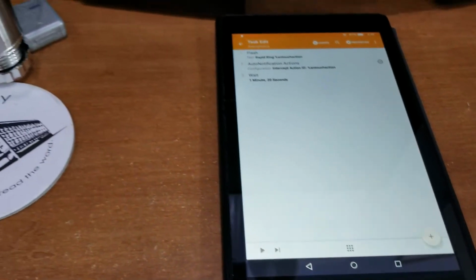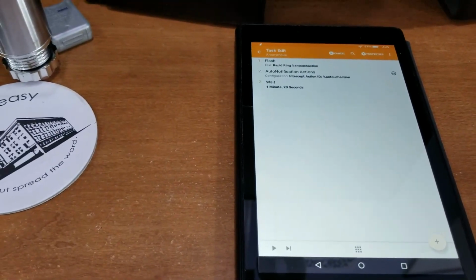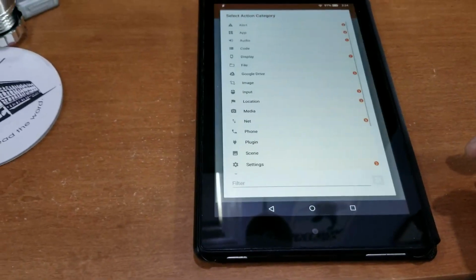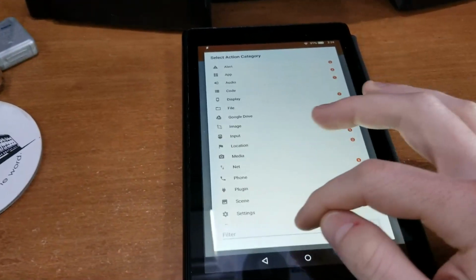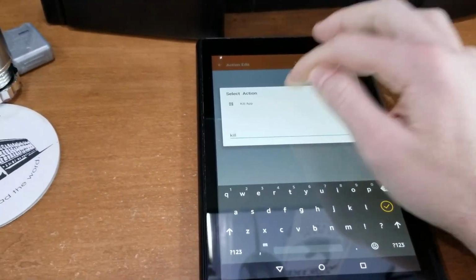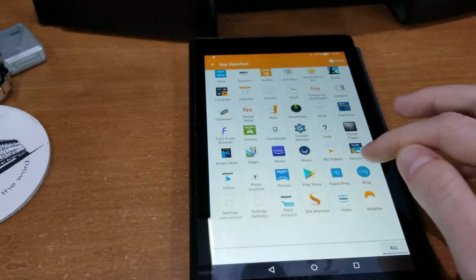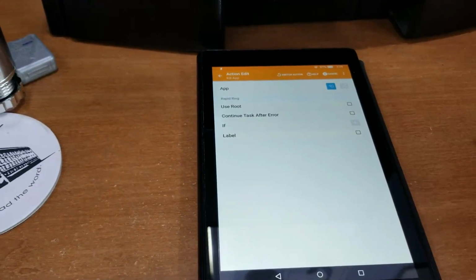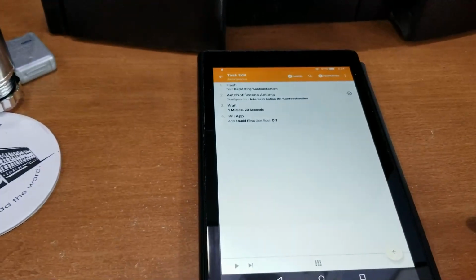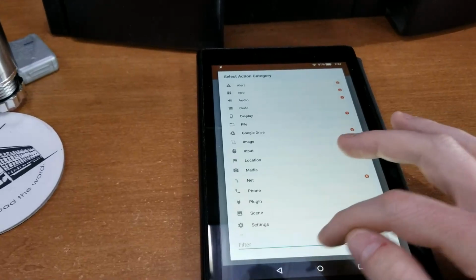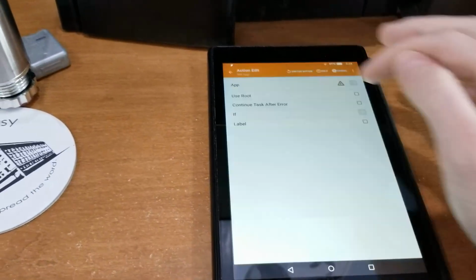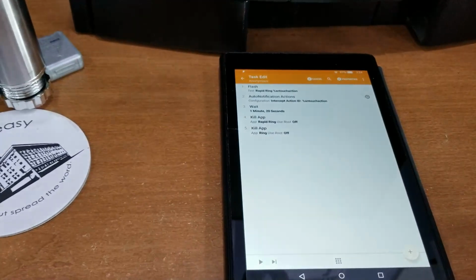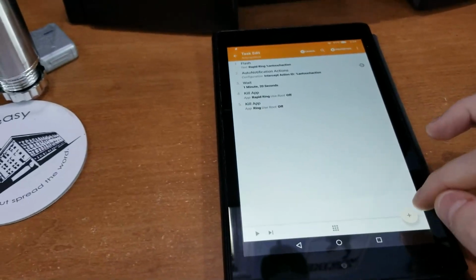Hit back. Okay, and then I am going to add this. I don't think you need it, but I put it just in case, and it's working this way. So I'm going to say kill app. So the first app I want to kill is Rapid Ring. Okay, and it's not rooted, so no root. And then I'm also going to say kill app Ring. I think they're tied together, so why not? Alright, so it's going to kill both the apps,